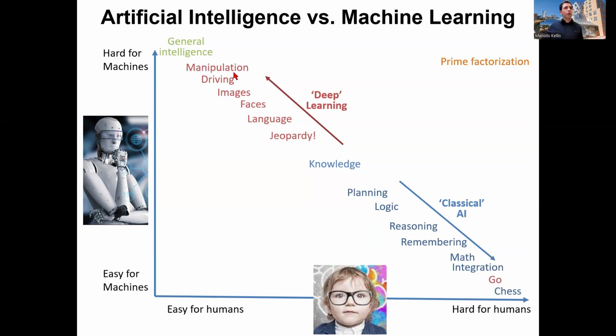Where deep learning is going and where the modern movement of generative AI is going is kind of like the opposite. The stuff that humans are kind of born knowing how to do. Like, you know, you're born knowing how to drive a car. Well, maybe not. But anyway, you're born to learn how to recognize images. Babies can recognize images even before their retina is fully functional and their visual cortex is fully formed. You can recognize patterns just from being a baby. It doesn't take any special skills. You can recognize people. That's what we do best. And that turned out to be super, super hard for the machine. But it's kind of embarrassing because the machines are now getting super, super good at these things.